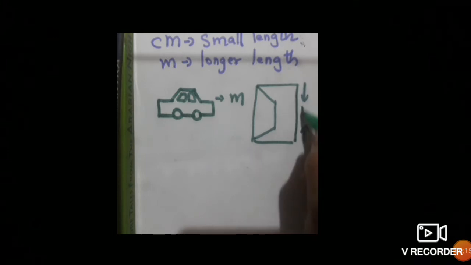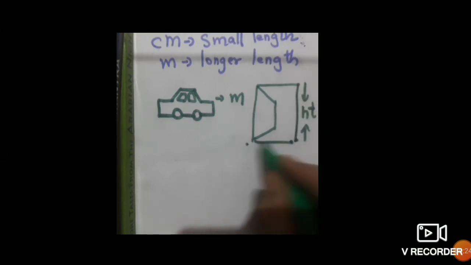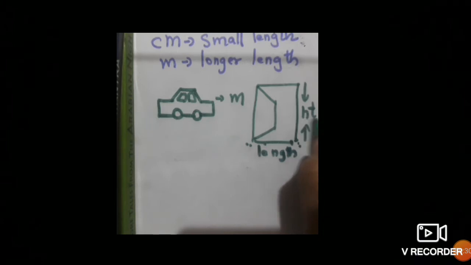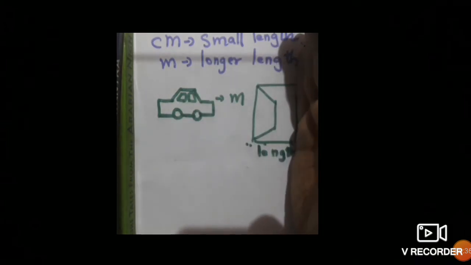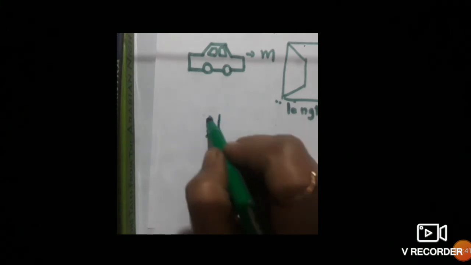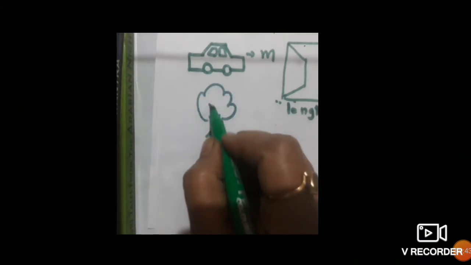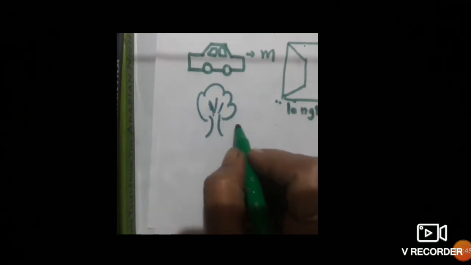ये बेटा height हो जाता है. You know what is height? When you are measuring from top to bottom, तो ये हो जाता है आपका height. When you are measuring from left to right or right to left, ये आपका हो जाता है length. Okay, and this is your height and this is your length. ऐसा measure किया तो length होता है, and if you measure this way in a standing way, that is called as height. For example, tree, है ना, tree is very big,